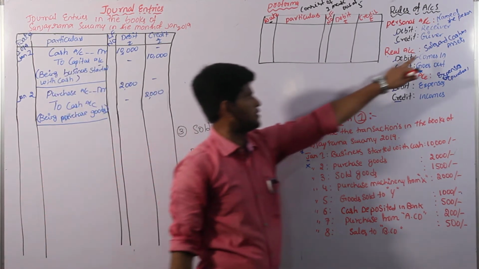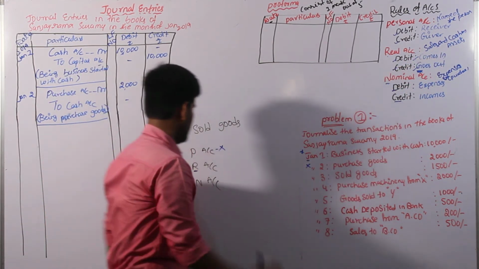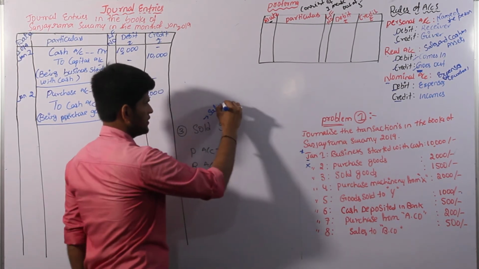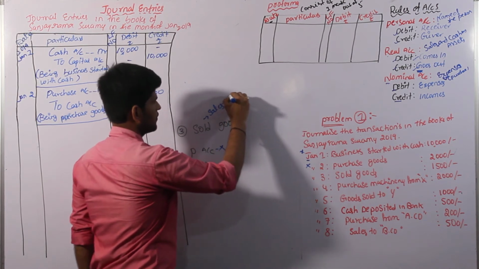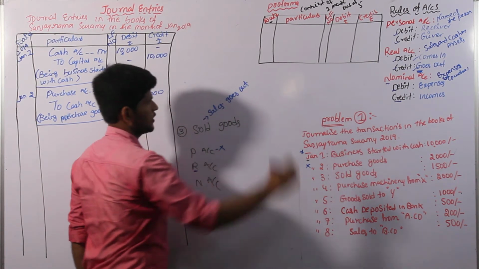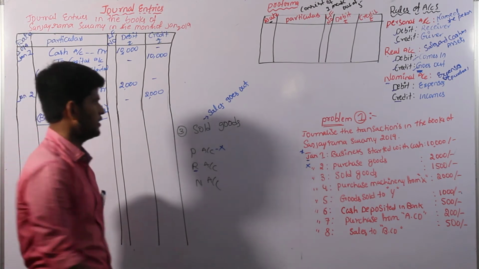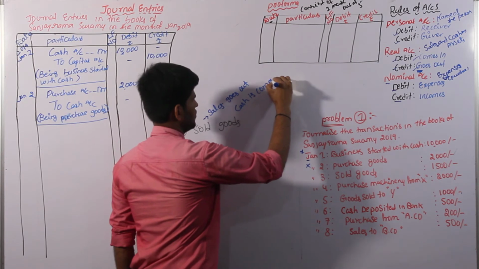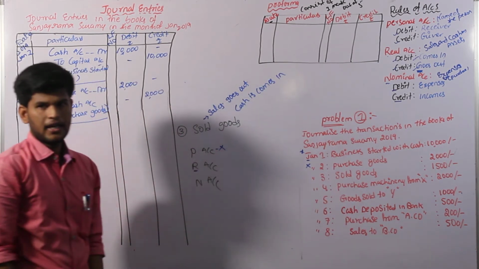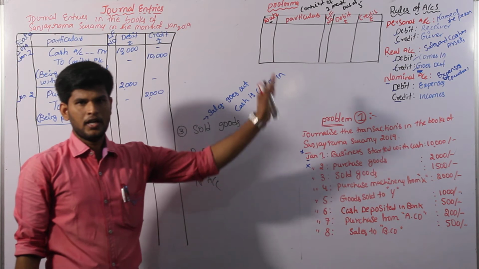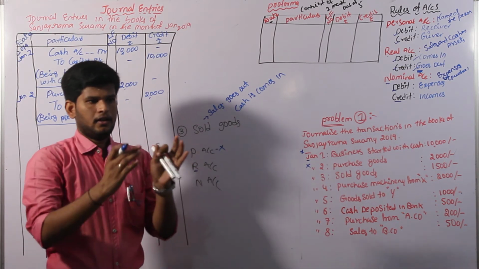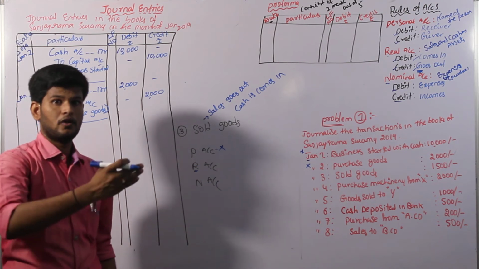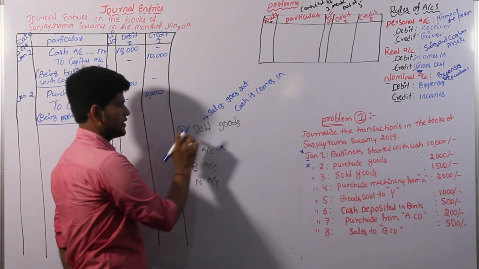Real account is relating to sales, cash or asset. Sold is nothing but sales. Here we have sales. Sales goes out. If the sales goes out, cash comes in. How can we identify this? Sales always go out. If you have sold something from a business to another person, cash comes in return to the business.